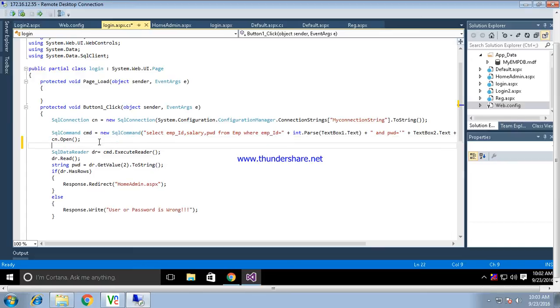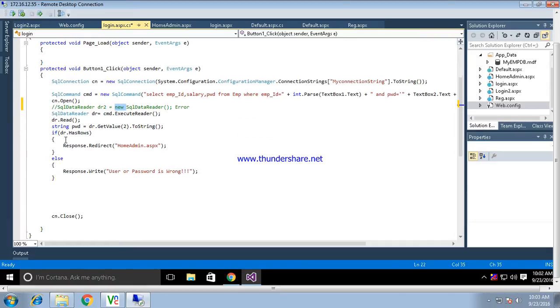If you write SqlDataReader dr2 = new SqlDataReader, it will give you an error at runtime. And it is a connected architecture, so before you do the process, we have to open the connection, and after accessing the data, you have to close the connection.